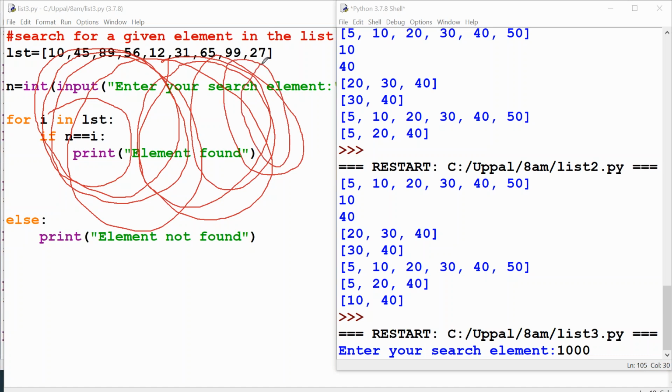After all processing of your for loop, your element is still not found. In that case only your else gets executed.